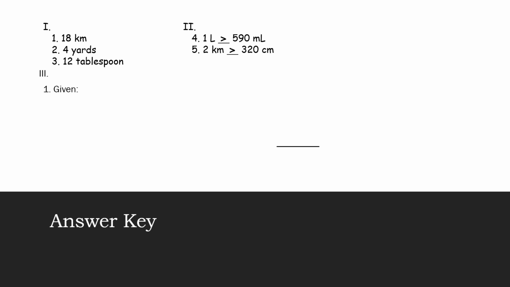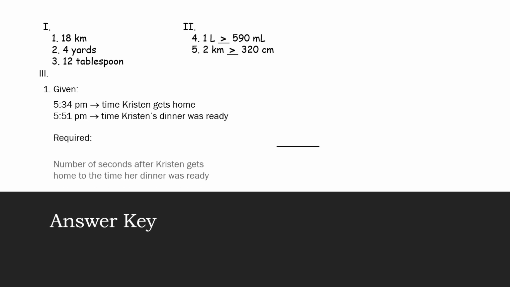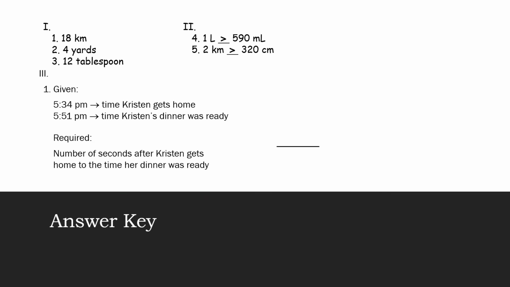Roman numeral 3, so we have the given 5:34 p.m., that is the time Christine gets home, and 5:51 p.m., the time Christine's dinner was ready. So the required is the number of seconds after Christine gets home to the time her dinner was ready. So our solution will be,